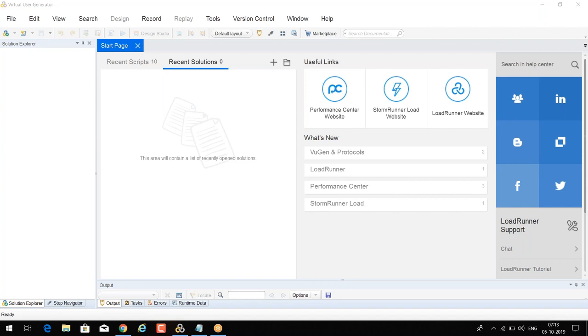So thanks all for joining this session. Today we are going to discuss the True Client protocol. How many of you are aware of the web protocol? Web HTTP HTML protocol. I'm aware of it, but I'm new to performance. Okay, no issue. So we are going to discuss the True Client protocol. Let me first introduce what True Client protocols are.